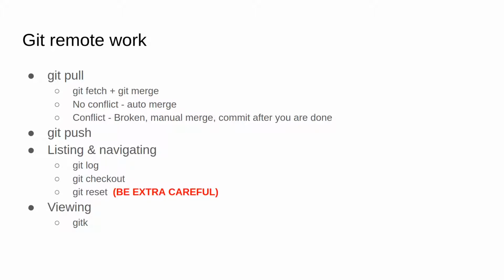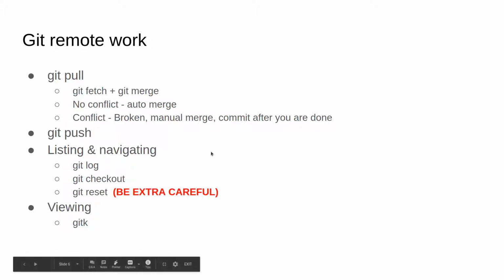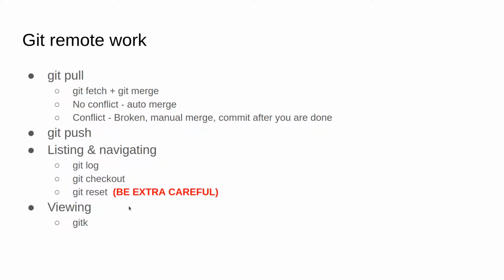You need to sort things out, and then you need to commit. When things work, everything works. But when things don't work, these commands are probably useful. You can use git log to see the commits. You can do git checkout to switch the current location on the change set, and you can do